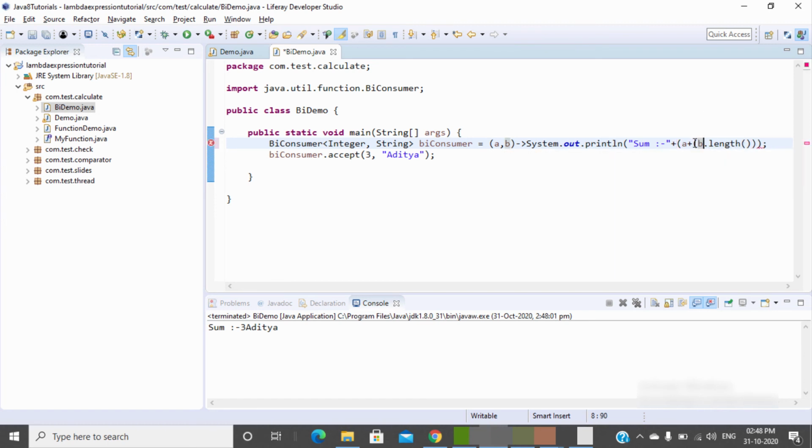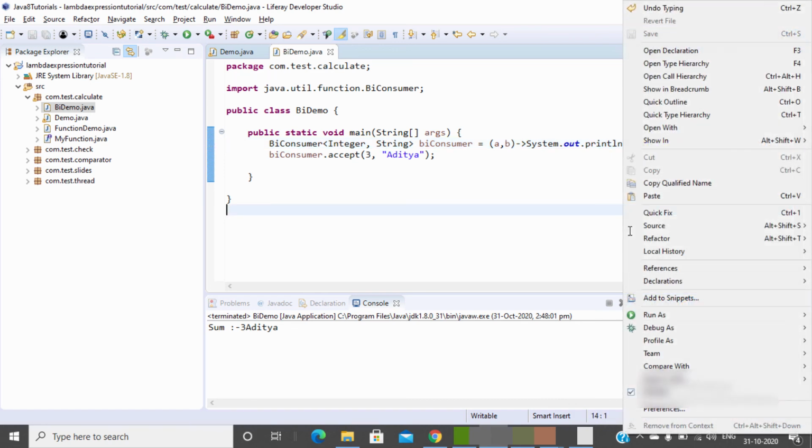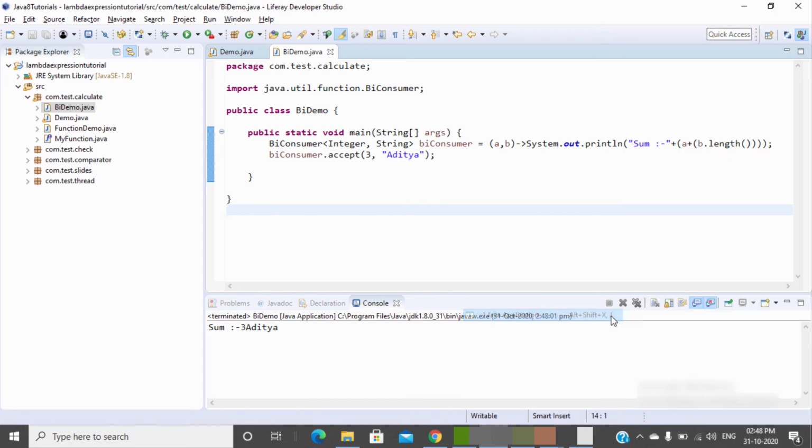Let me provide the brackets. So now the sum is the length of this string plus this. So this is the BiConsumer. Here you can pass two arguments.